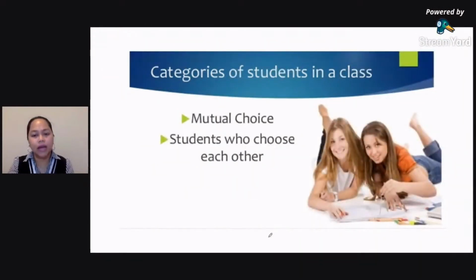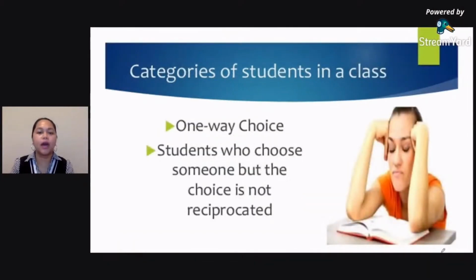Now, the next category is a mutual choice. Pag sinabi mo mutual, of course, mutualism in our types of relationships in our previous live stream, these are students who choose each other. Okay, so they're choosing each other. That's mutual choice. And the next category that we have here is a one-way choice. Pag sinabi mo namang one-way choice, these are students who choose someone but the choice is not reciprocated. Hindi na ibalik yung choice nila. So, meron silang pinili pero sila ay hindi pinili ng taong yon, di ba? Napakasakit. Napagdaanan nyo to. Napagdaanan natin itong lahat, alam ko. Okay, so that's a one-way choice.